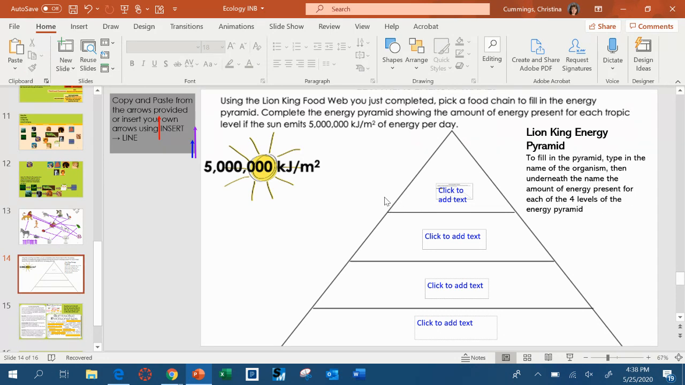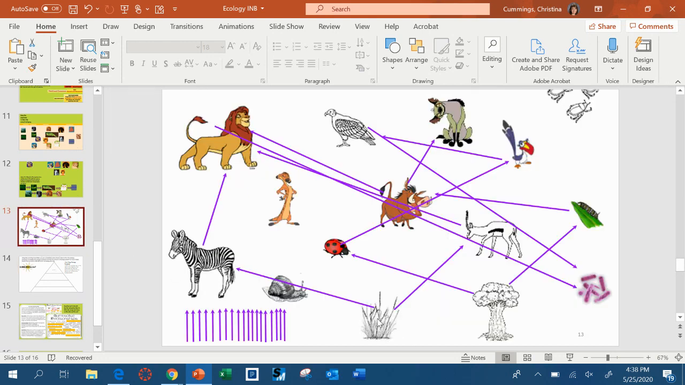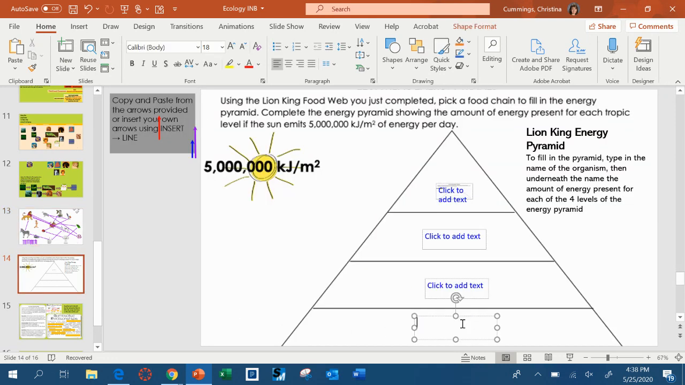So I have to go back and I have to pick a food chain from my previous slide. So I start with the producer. So this is grass, okay? So down at the bottom is where my producers go. So my grass lost 10% of the energy from the source of energy it used to get its food. Well, producers all use the sun, okay? Here's the sun. It's got 5 million kilojoules per meter squared of energy. Don't worry about that unit, okay? But it's lost 10% of that